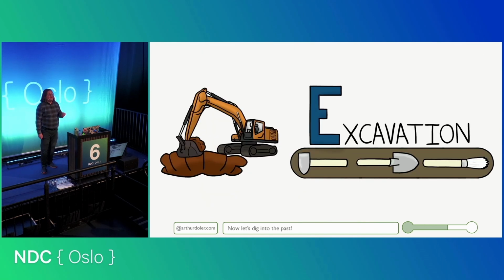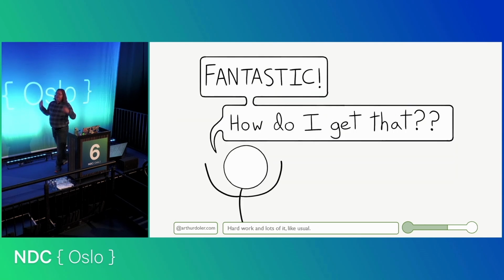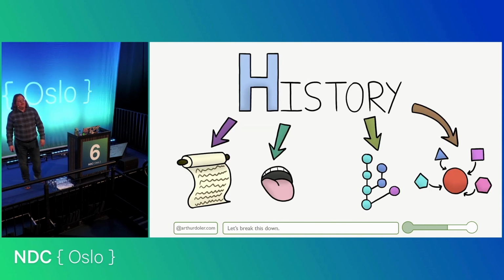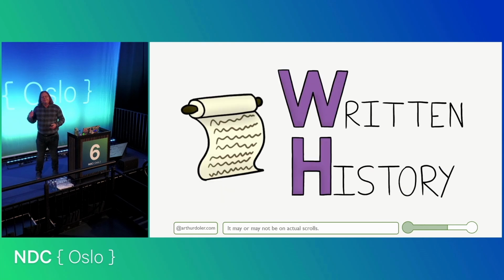if we know how the code is now, how was the code? What did it used to look like? Why is it the way that it is? To know why it is the way it is, we have to understand how it got to how it is now, what the process was that shaped it into the form it is at the moment. Great. How do we get that? Well, the answer is pretty short. It's history. We want to dig back in through 4 different types of history: written history, oral history, version control history, and then what I call external history.